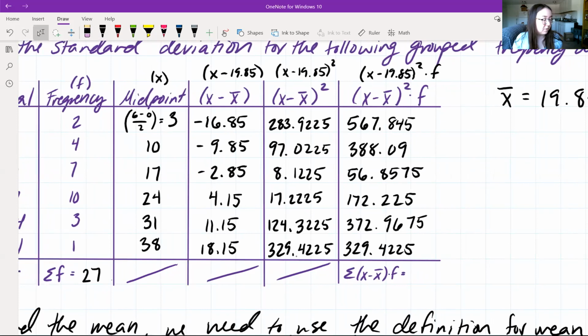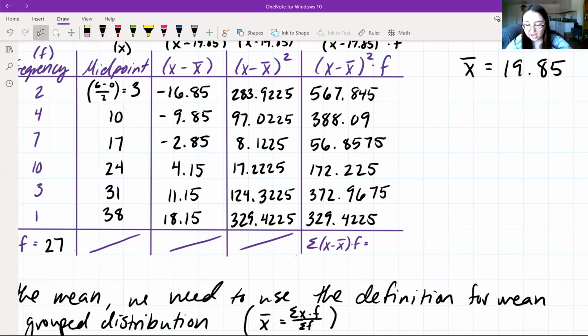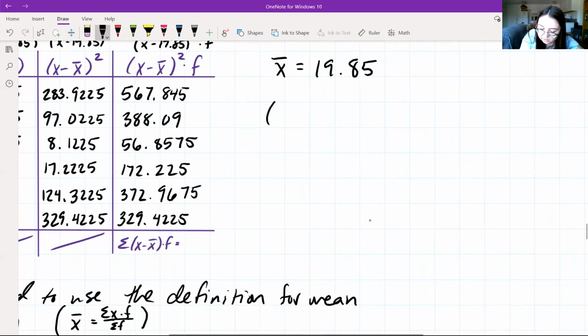All right, so we've found all of these numbers. Now we just want to add them up. We want to take the sum. So when we say the sum, remember we're adding each one of these variables. So we can write this over here. We can say, this in parentheses, our sum of (x minus x bar) squared times f is going to be